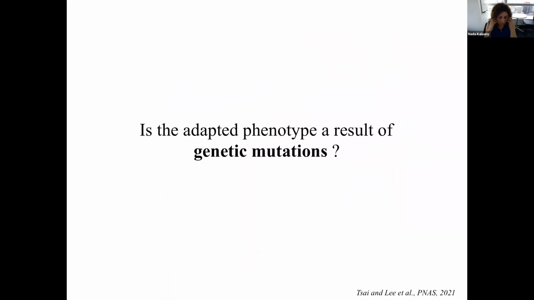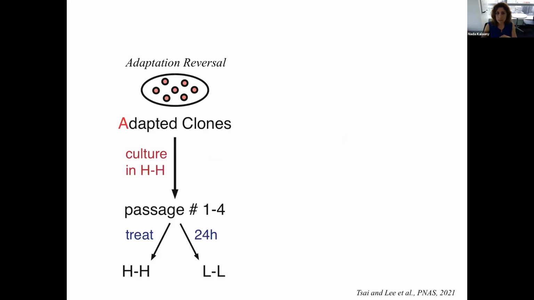So because we saw that there was sustained mTORC1 signaling in the adapted clones, despite the fact that these cells were chronically deprived of glucose and glutamine, we started suspecting that we may have perhaps selected for inherent mutations that affected mTORC1 signaling. So did we select for cells that had mutations in mTORC1 signaling, allowing them to sustain this activity? So to address this question,